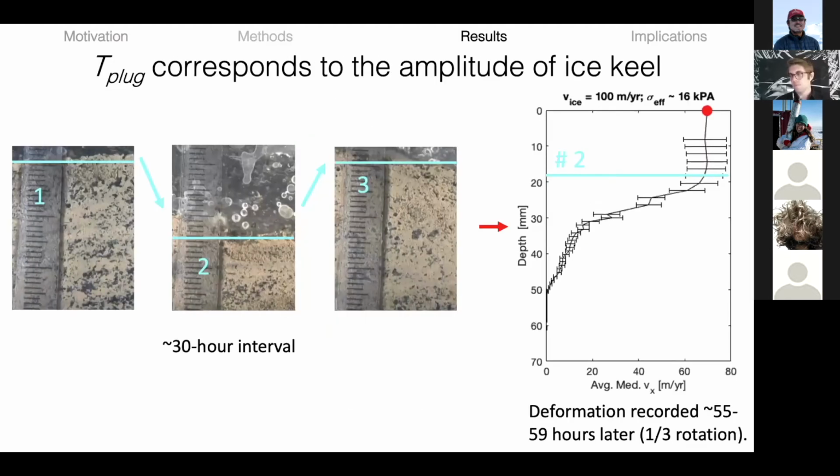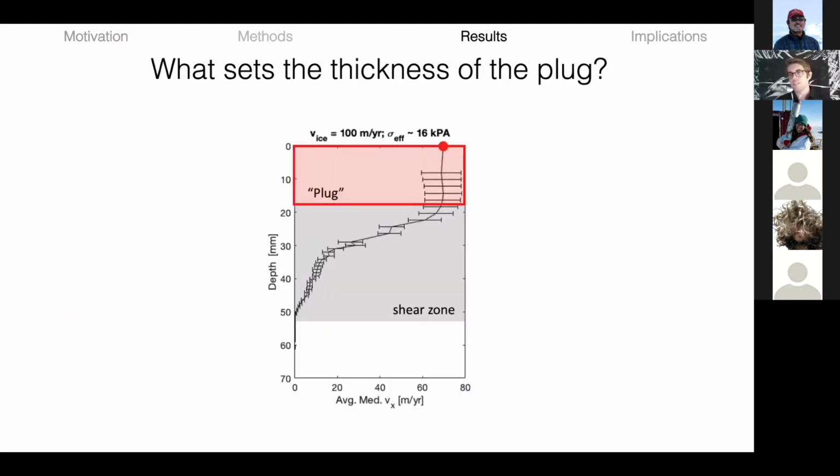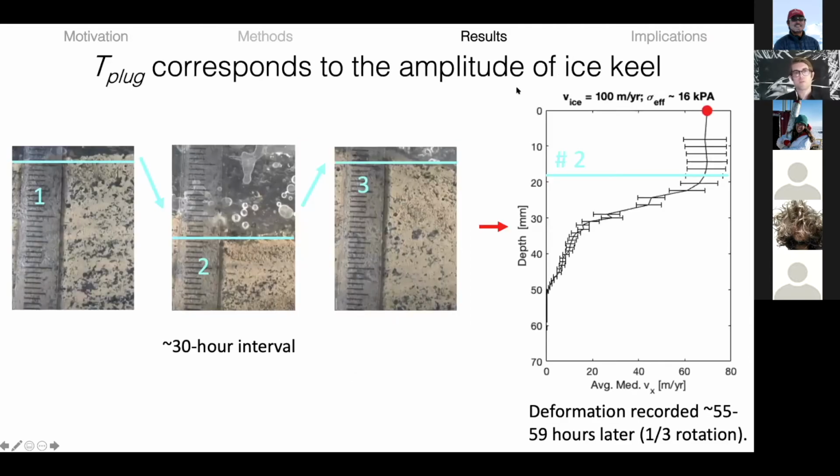Finally, asking what sets the thickness of this plug, we don't have as direct an ability to quantify this. So this interpretation is a bit more qualitative. But we turn to evidence as shown here, where the thickness of this plug appears to correspond to the amplitude